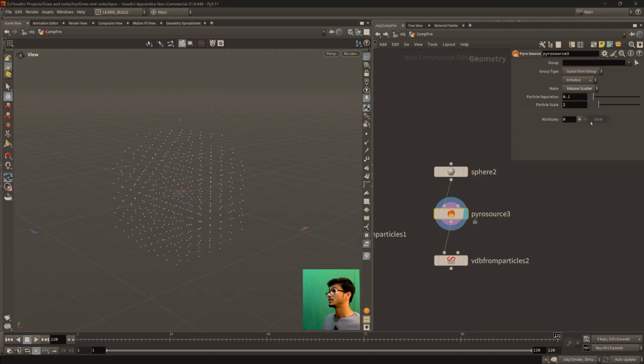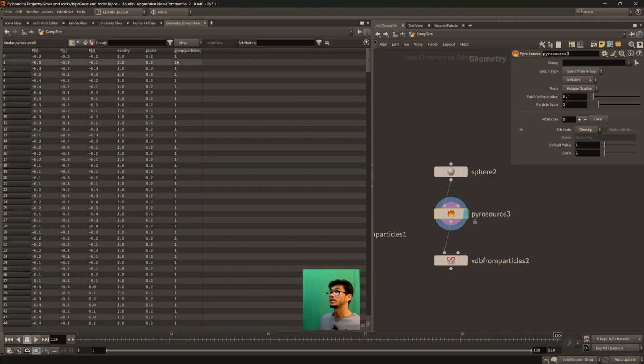For example, I have this attribute parameter here. You click on this, you create a parameter here. This parameter name you can select from this, or you can type it, let's say density, or you can select from this. It is the same. So we have density right now, right? So we have this density parameter over here. You can increase or decrease the value by this scale. And